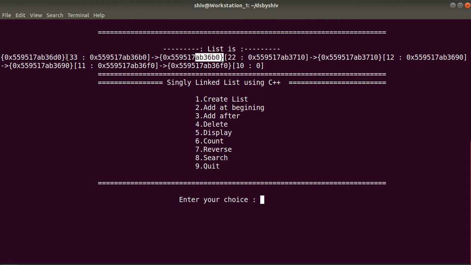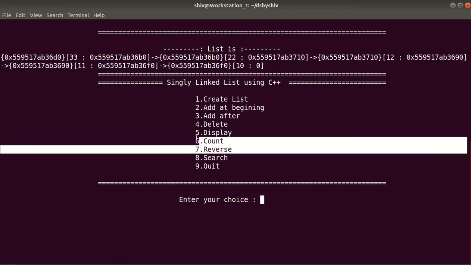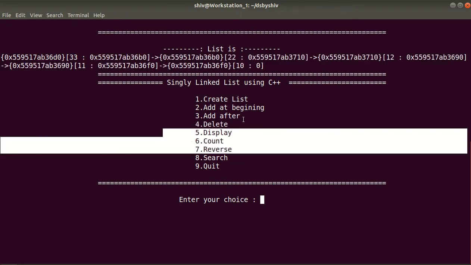Now this node which contains the data 33 had this address 6b0. Accordingly every node contains the address of the next node. Okay, you can check out. So we have completed these operations.